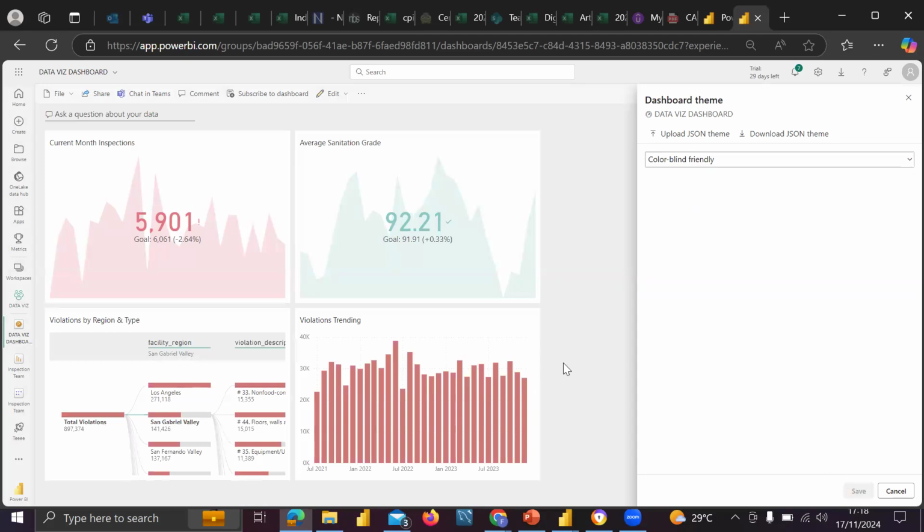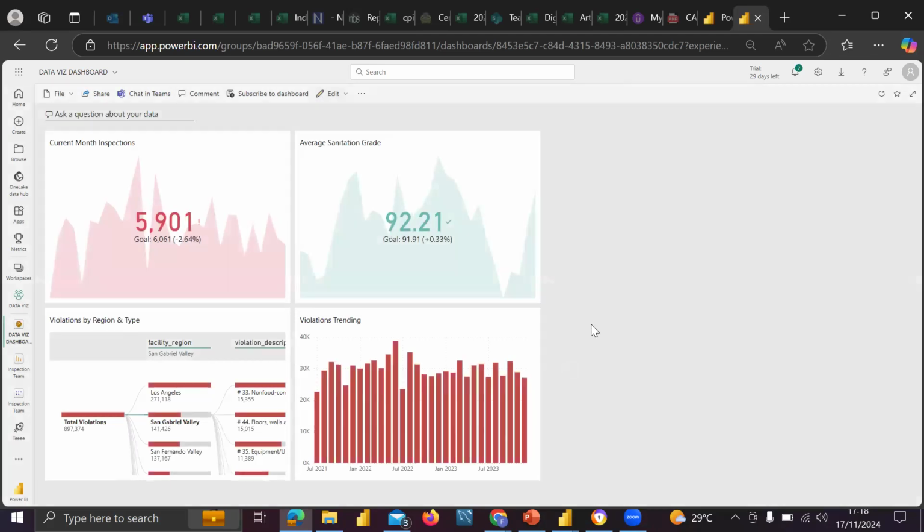Then you can just arrange your team and your dashboard the way you like, the way you want to share to any of your stakeholders, what you want them to see and what not. So this is the proper way to create your dashboards. Also note that any changes that you make on your reports will automatically reflect on your dashboard.